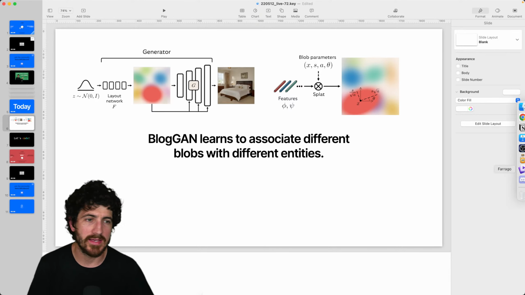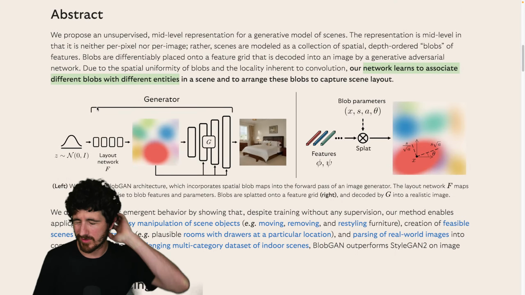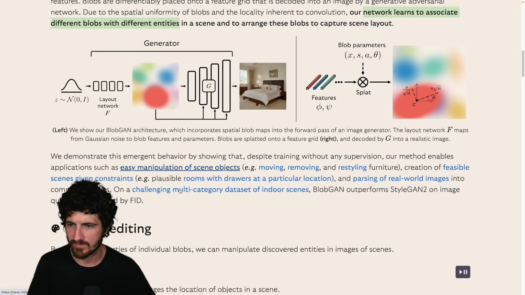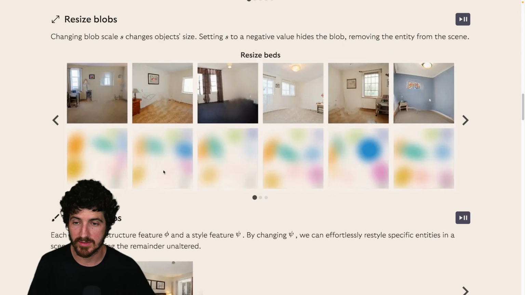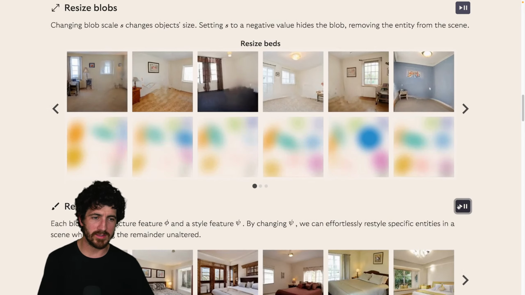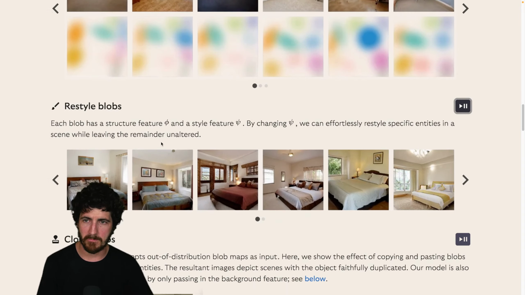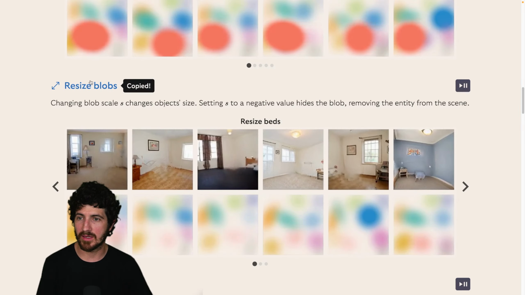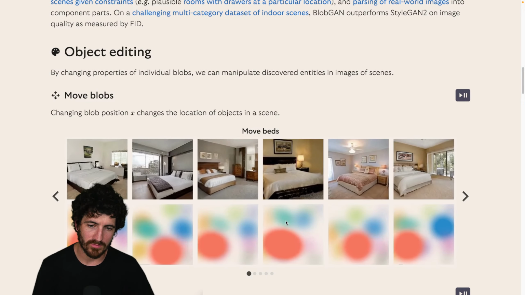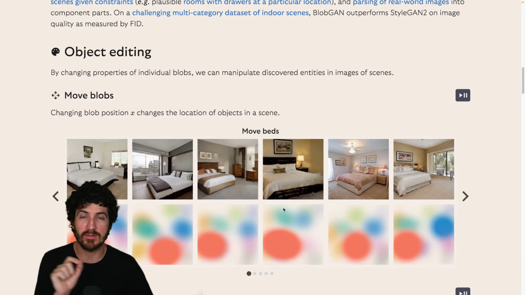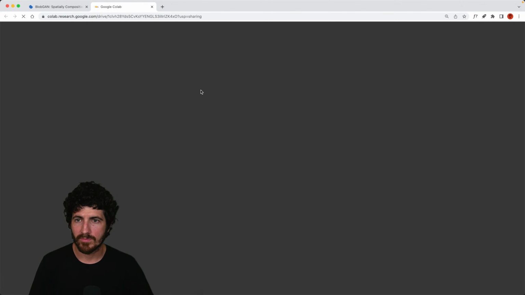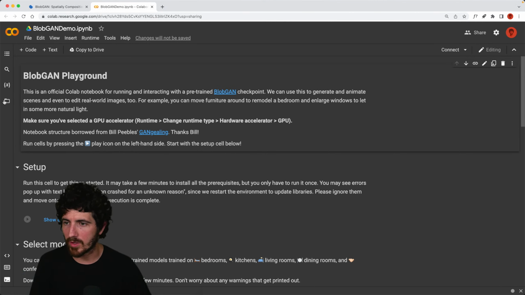Layout network F. Yeah, so I guess this is just food for thought. It's just a network that seems really nice. Easy manipulation, object editing, resize. I think one thing here is that the manipulation of resizing and moving and other things, it's nice because I'm not sure if you can see this in real time. Do they have a demo here, which is okay? Was the Colab notebook